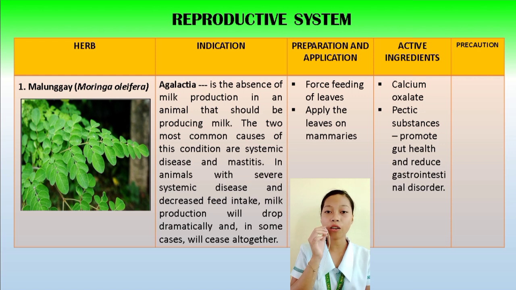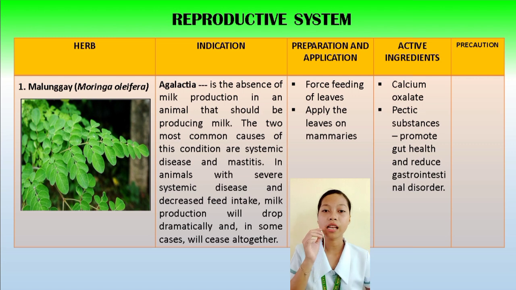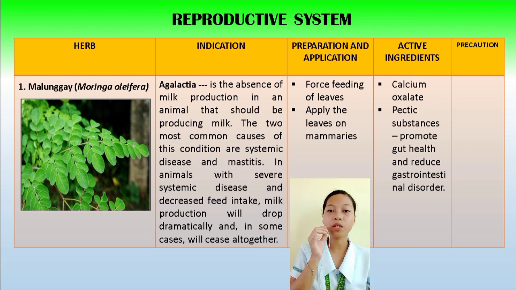It is used to prevent or treat agalaxia, which is the absence of milk production in an animal that should be producing milk. The two most common causes of this condition are systemic disease. So when we say systemic, it means affecting the entire body rather than a single organ or a body part. And mastitis, which is the inflammation of the mammary gland, either due to bacterial infection or any other damages. In animals with severe systemic disease and decreased feed intake, milk production will drop dramatically and in some cases will